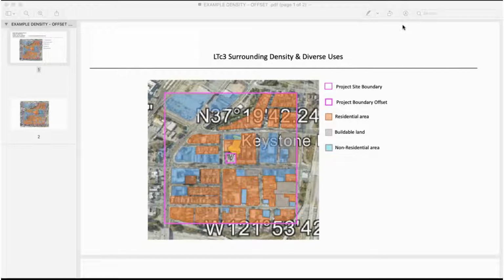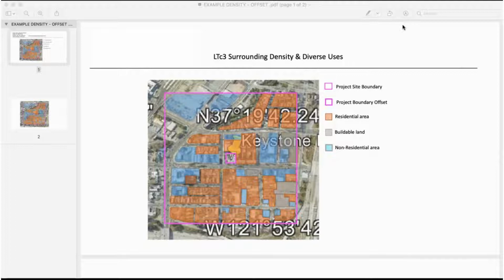And what I'm showing you is how the surrounding areas are highlighted by each type of building or area. As you can see, we have residential area, buildable land,